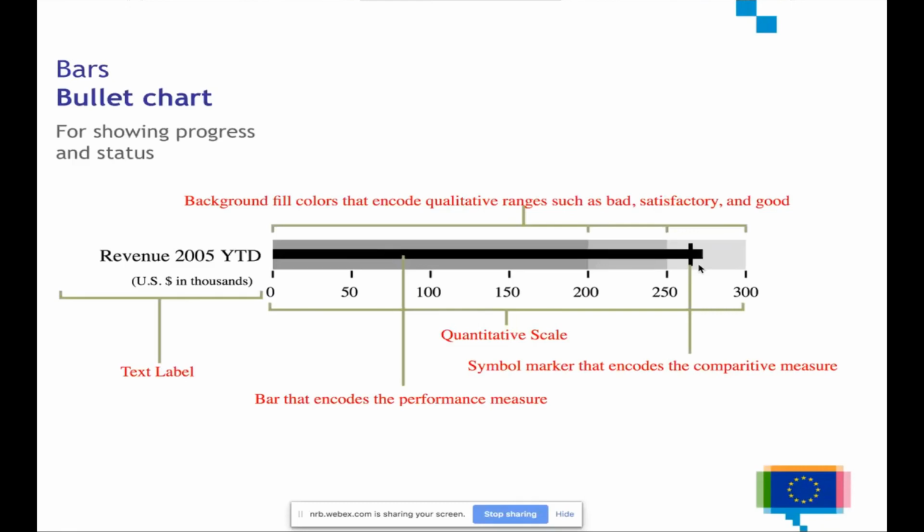So in this case, we are looking at revenue year to date, and you can see that we are already over the target that was set for